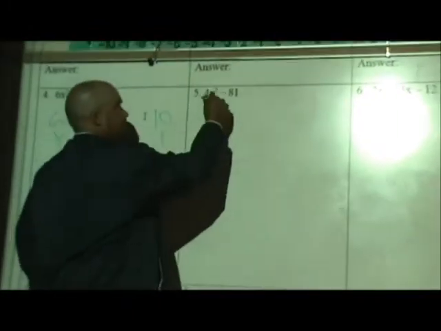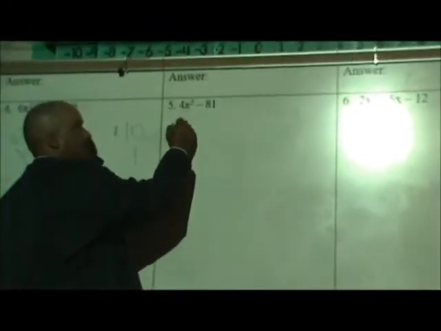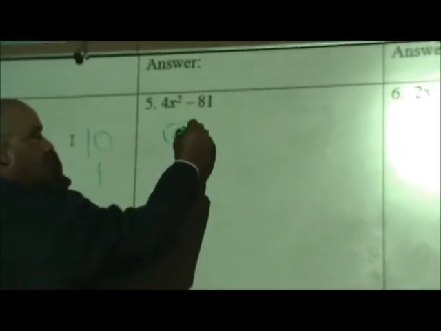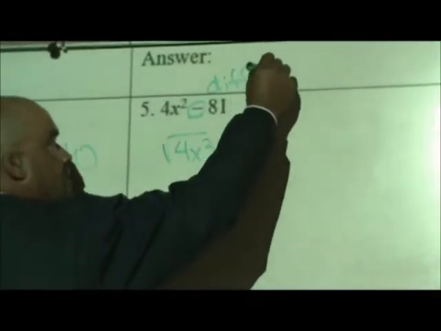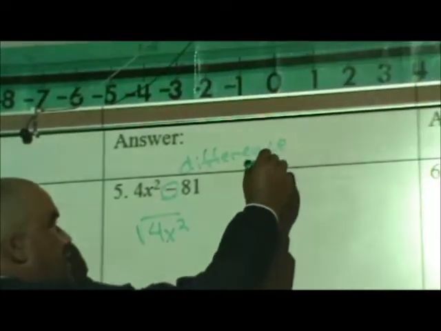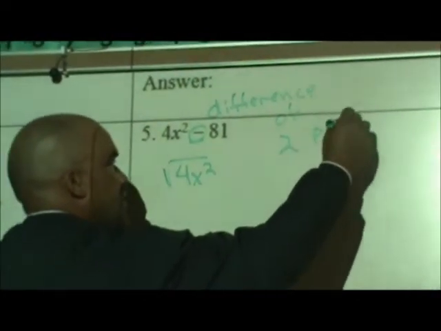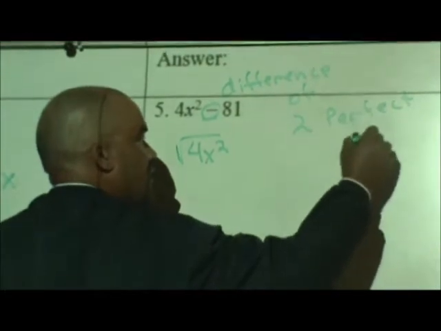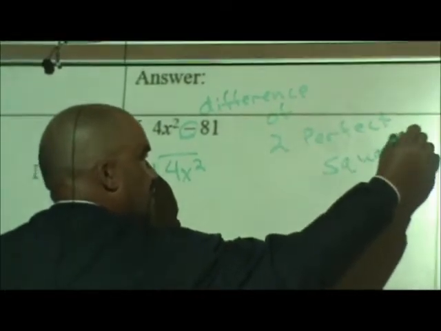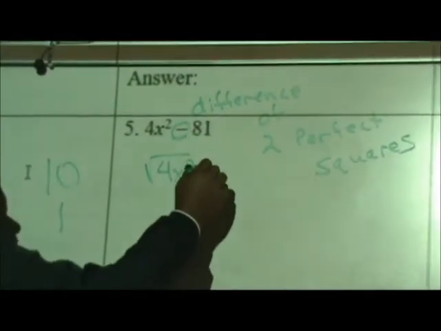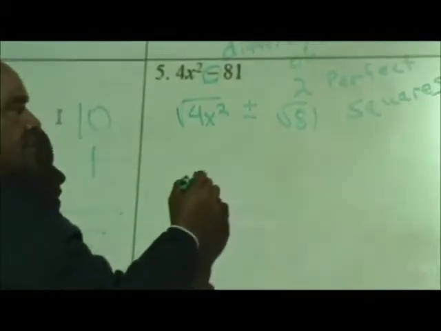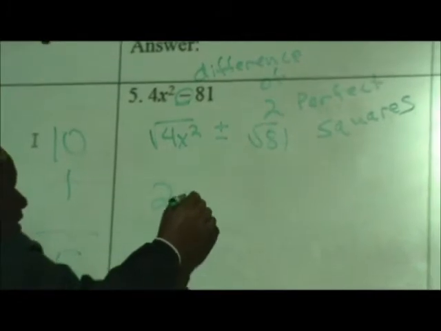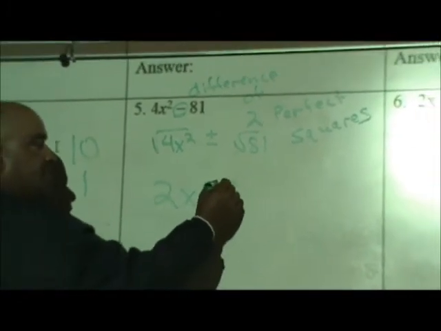How about this one? This is a special case, right? This is the square root of 4x squared. This is the difference of 2 perfect squares. What's the square root of 81? The square root of 81 is 9. So how many of you put 2x plus 9